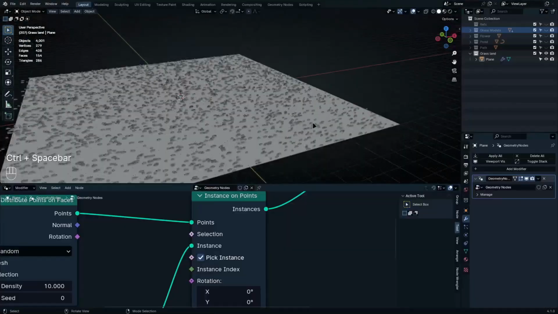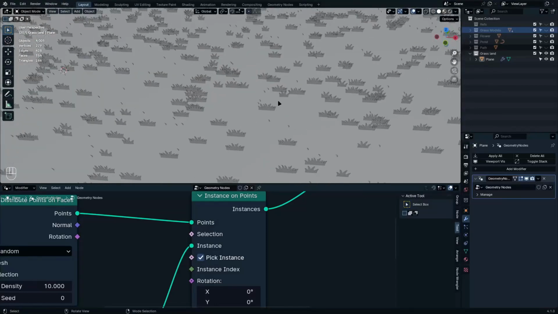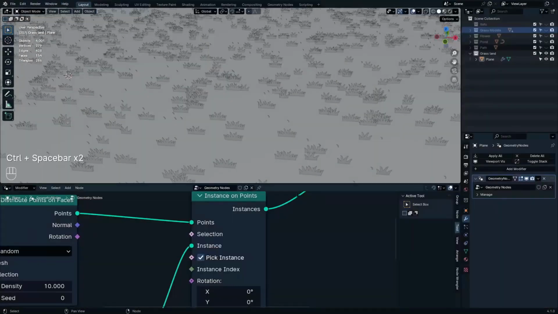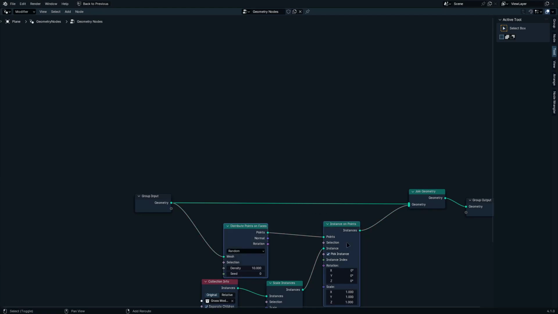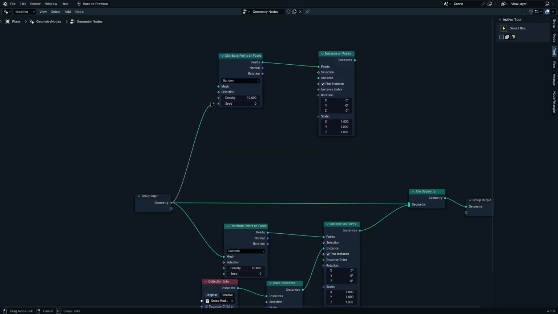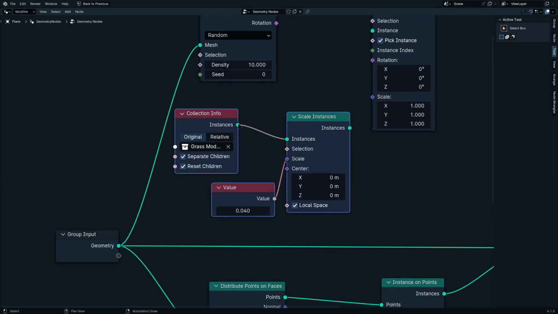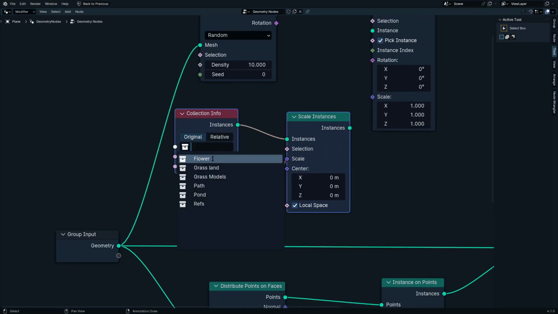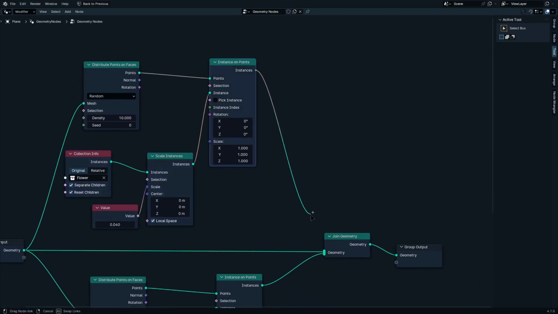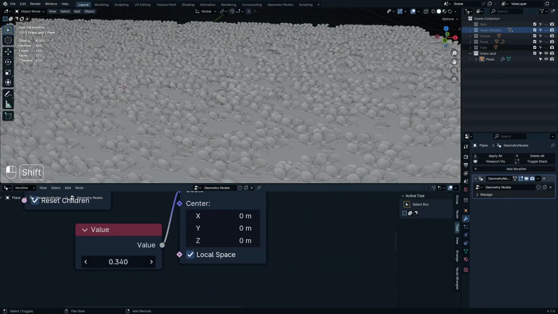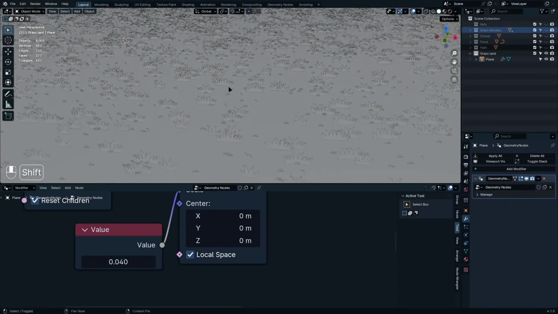Pretty good. Now we need to do the same thing with the other flower. Okay, so let's do the same. Create a new setup like this. Connect that. Use the same node setup, but let's switch it to flower. This is, turn it off. Use Instance and join the geometry. The scale. Yeah, I haven't specified its